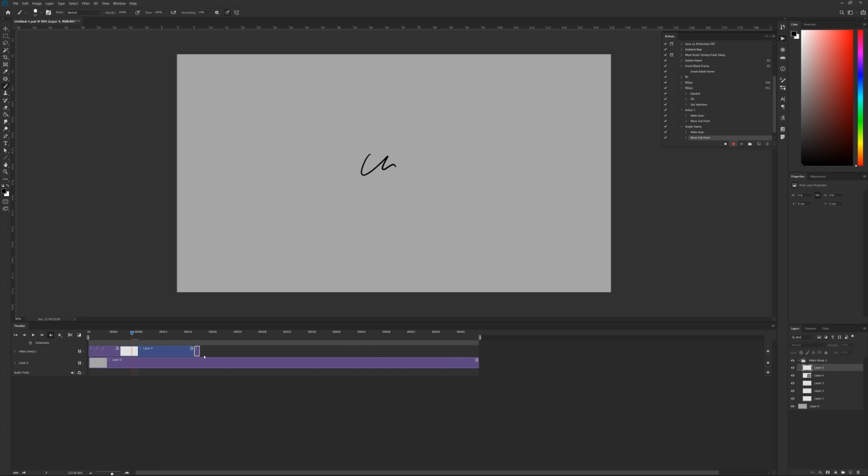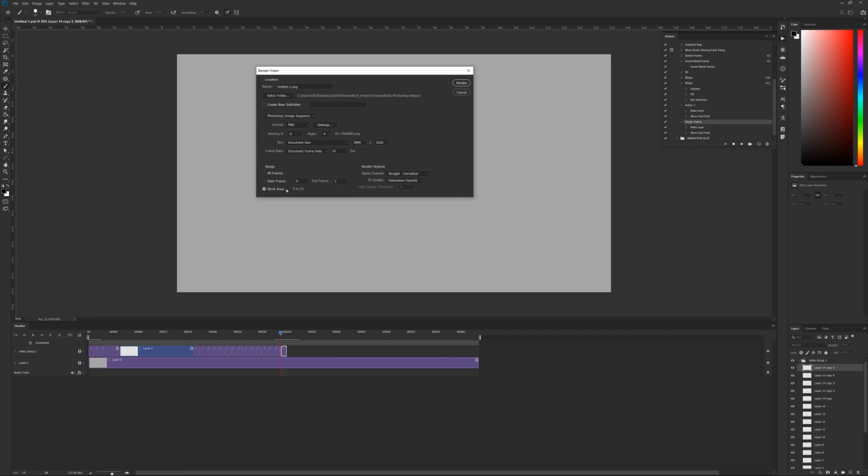Some other bits that are useful to know are that you can set your playback resolution here for faster and more accurate playbacks. Down in the corner here we got this arrow. This is if you want to export your animation. Here you can name your file and give it a location. You can then select if you want to export it as an image sequence or via Media Encoder as a